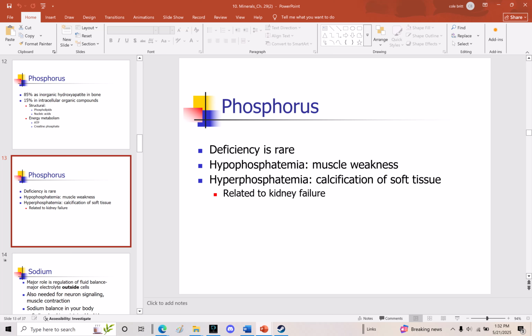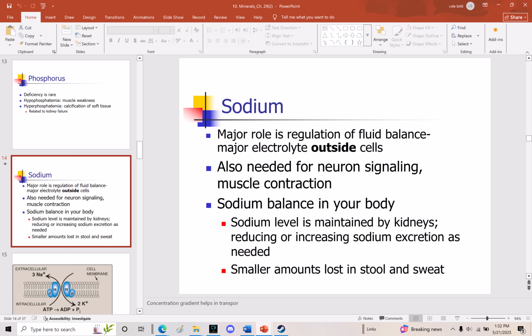Right, next one, sodium. Sodium is a major electrolyte outside of cells. So here's a cell. Sodium is really high outside of cells. You have a little bit inside, but most sodium is found outside of cells. So it's going to be really important for maintaining